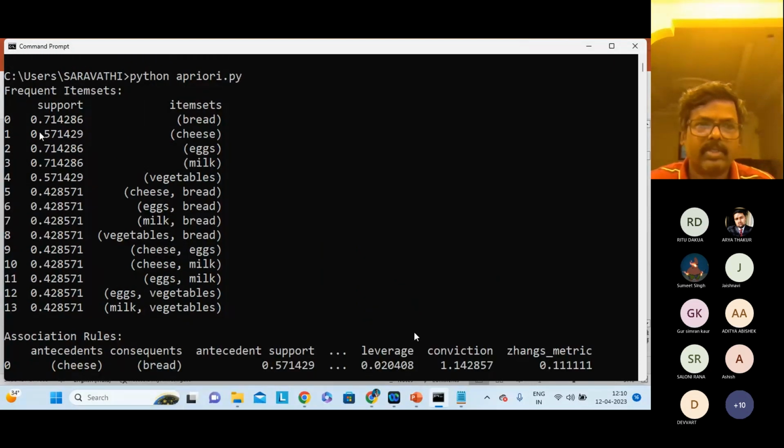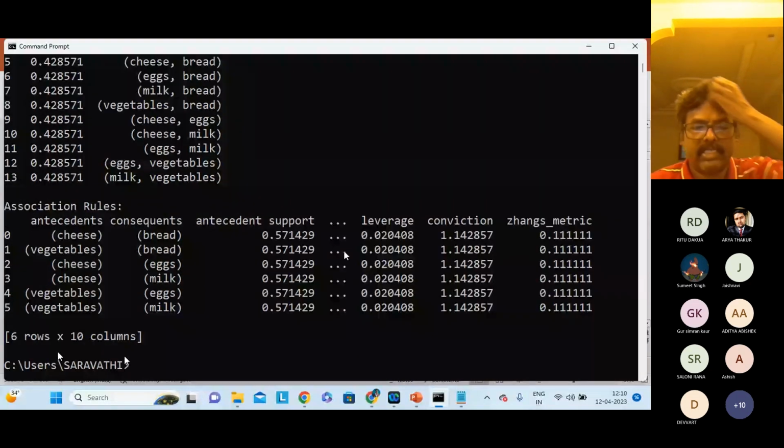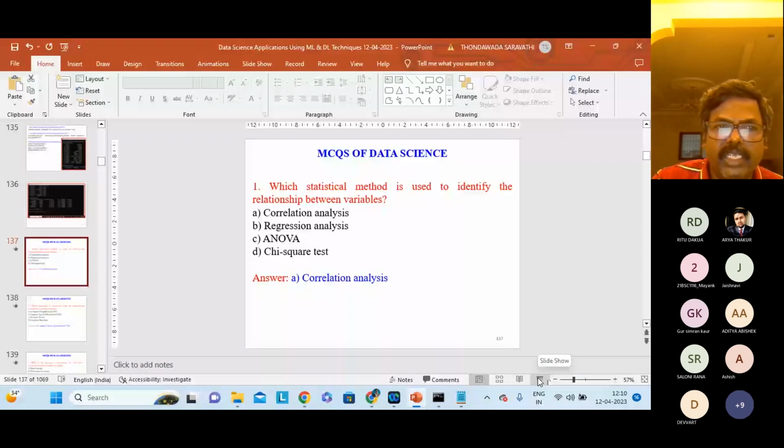So support and item sets, frequent item sets: bread and cheese, eggs and milk, vegetables, cheese and bread. Likewise, we are generating the top 10 rules, antecedents and consequents. So likewise, I am generating various